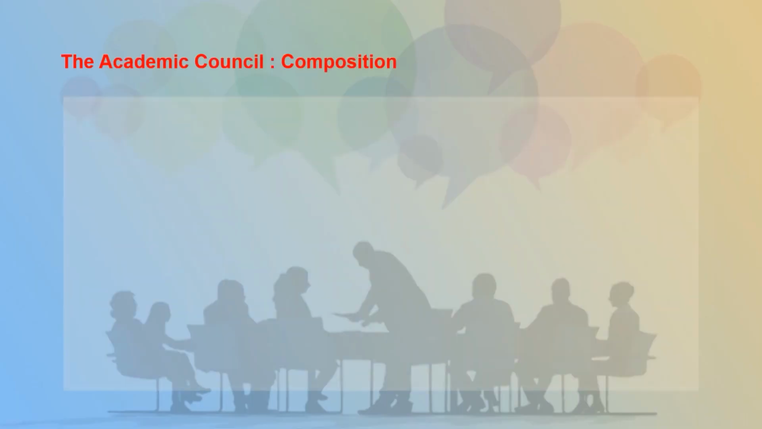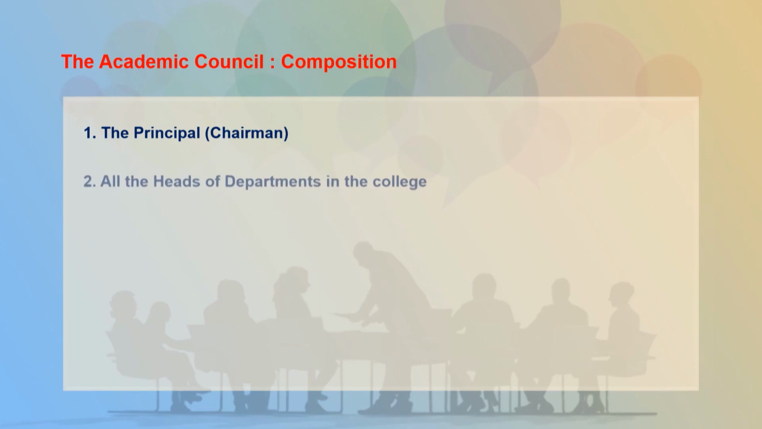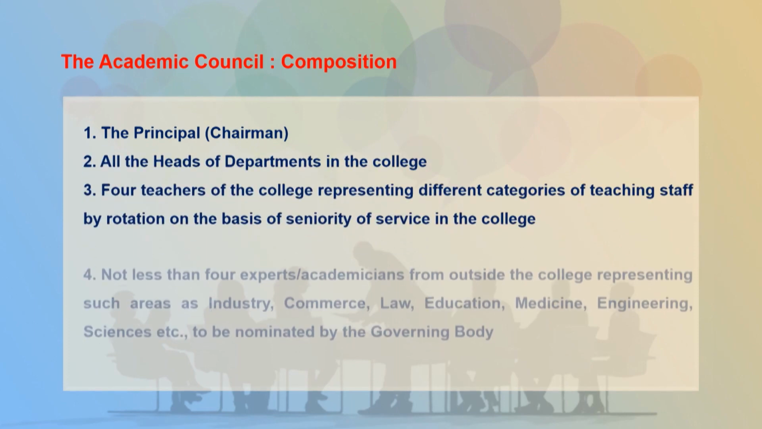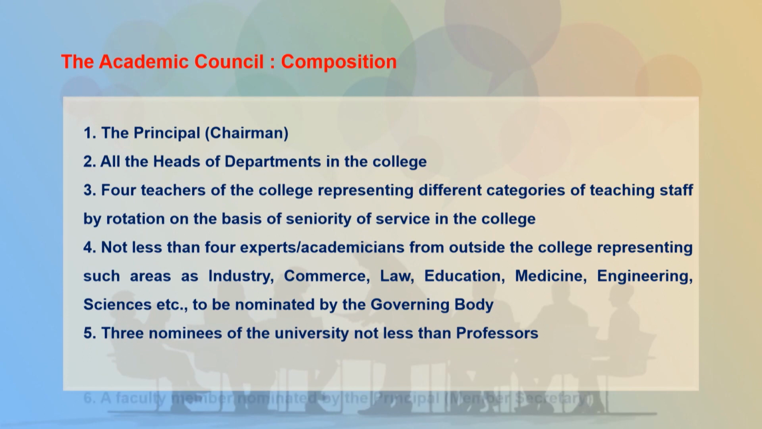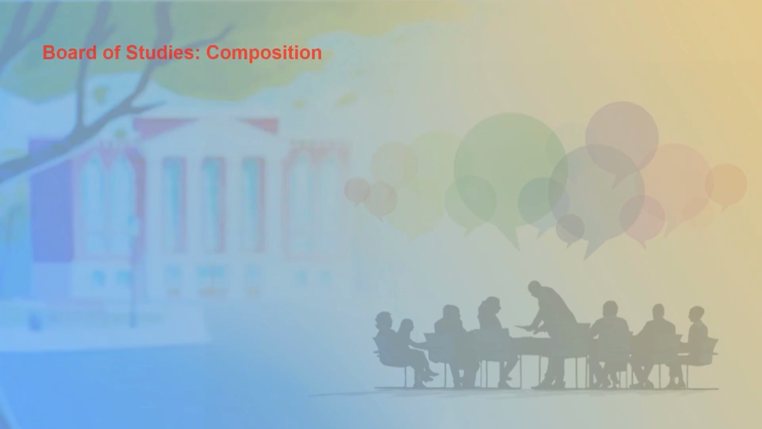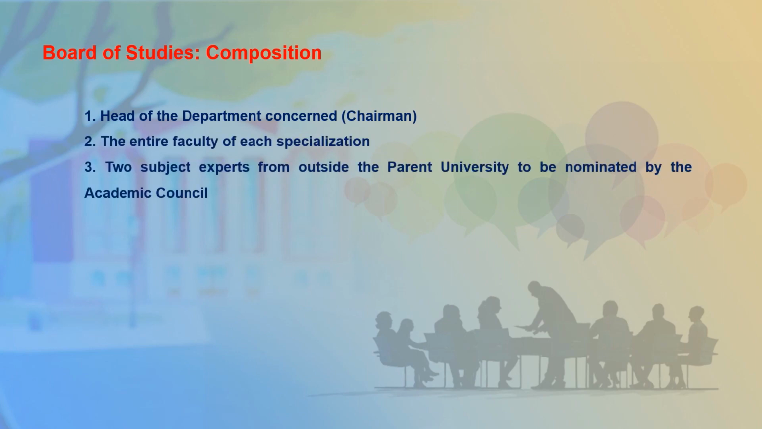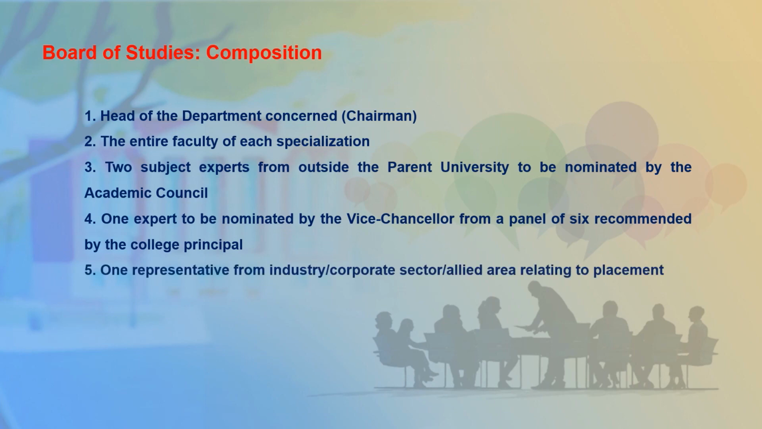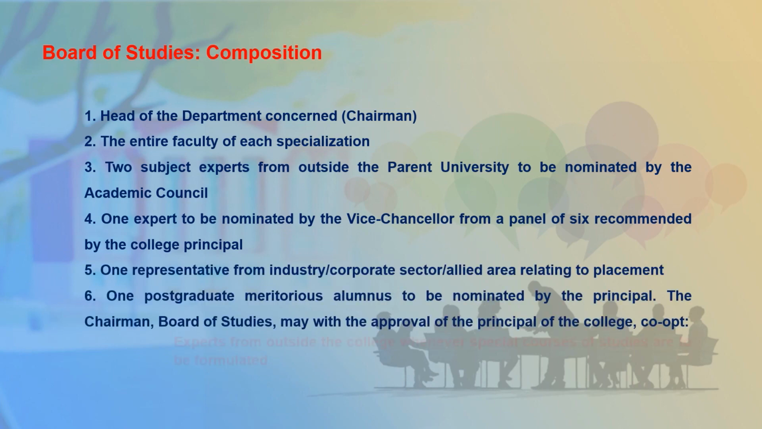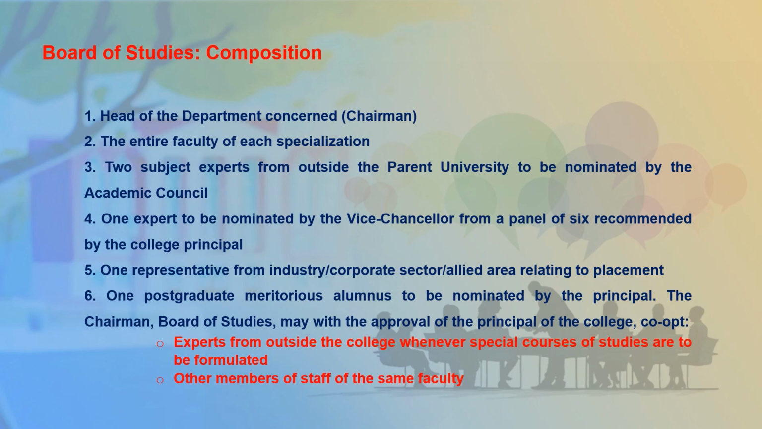Second, the academic council shall have powers to recommend to the governing body academic proposals, suggested regulations, etc. Composition is given in this table. Next is Board of Studies. They take care of curriculum preparation, validation, suggest implementation, etc. The members are,